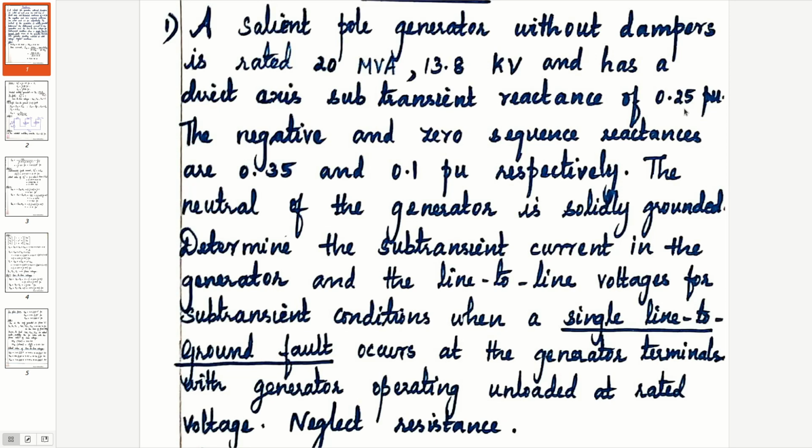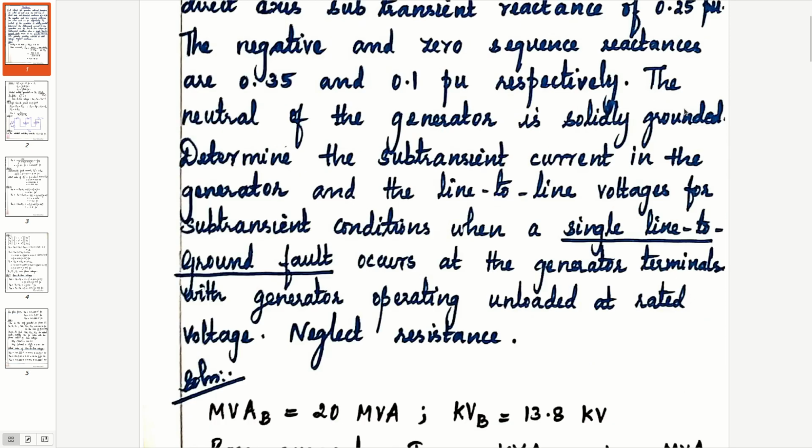We have already learned about the three states of a machine or the power system when a fault occurs. As soon as the fault occurs, the machine will go into subtransient state, followed by transient, followed by steady state. We have already discussed this in module 3. Subtransient parameters we denote by double dash, transient parameters by single dash, steady state no superscripts. So here subtransient current means the fault current at the subtransient condition, IF double dash. These are the things you have to note down initially.